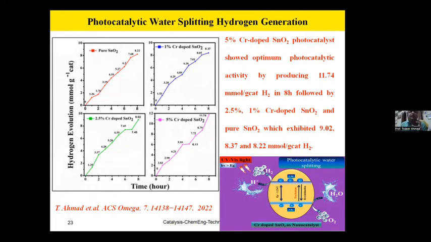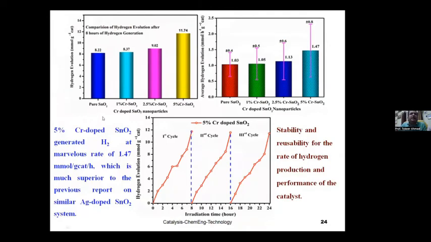It shows that the 5% chromium doped SnO2 nanoparticles give the maximum yield of hydrogen, which is 11.74 millimole per hour per gram of the catalyst, and which was found to be quite high as compared to the 2.5 and 1% doped SnO2. So these are the pictorial representation of each composition,